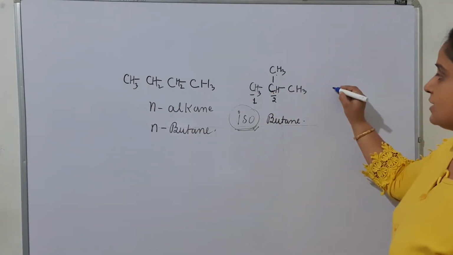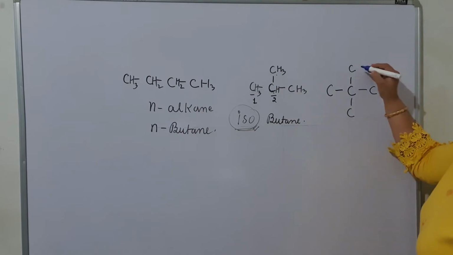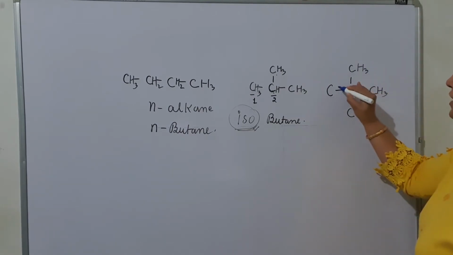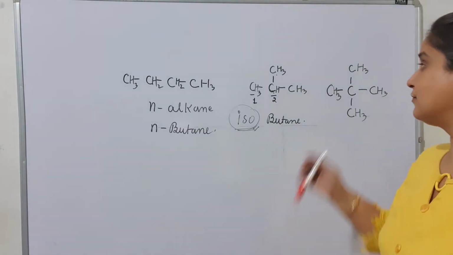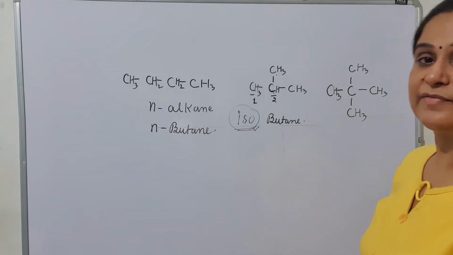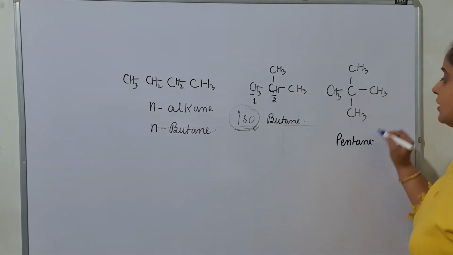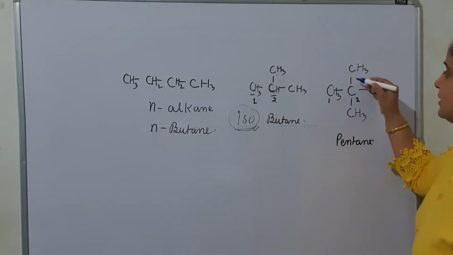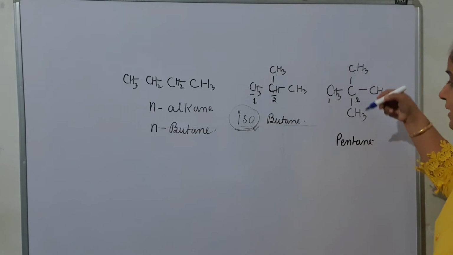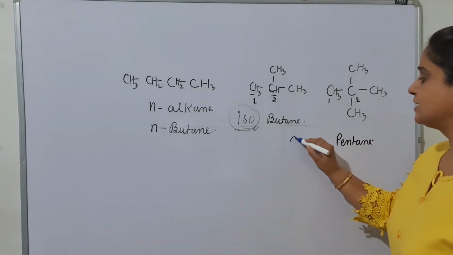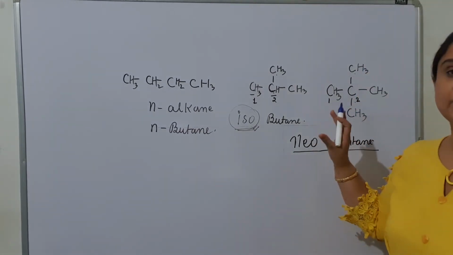If I talk about another type of connection, look at this connection, 1, 2, 3, 4 and 5. So look at this compound. How many carbon atoms is it having? Count the number of carbon atoms in this compound. There are 5 carbon atoms. So just because there are 5 carbon atoms, it is pentane. And just because at the second carbon there are 2 methyl groups, that type of alkane is known as neoalkane. And this, just because it is pentane, we will name it as neopentane.